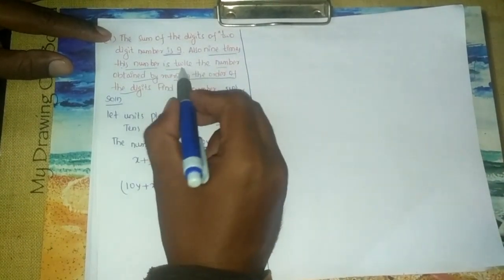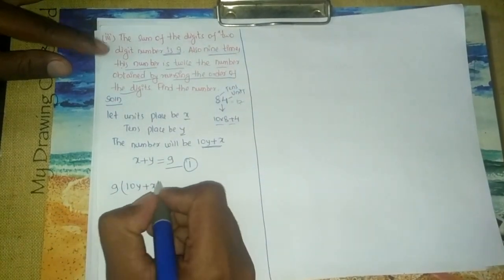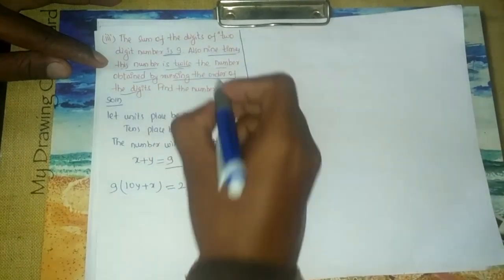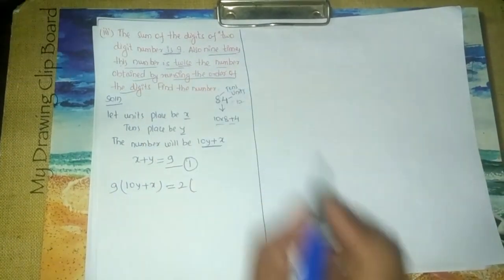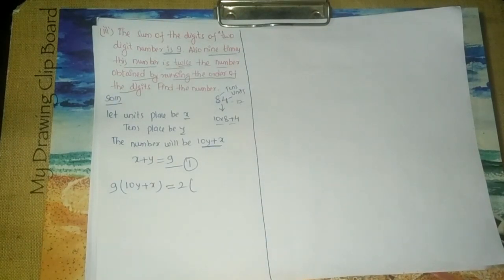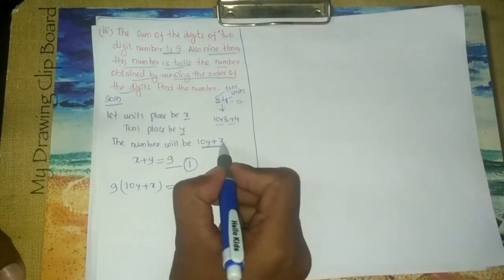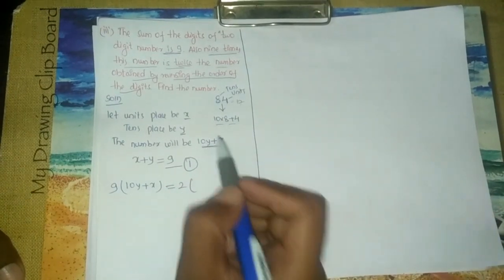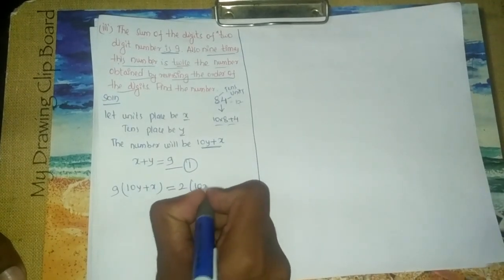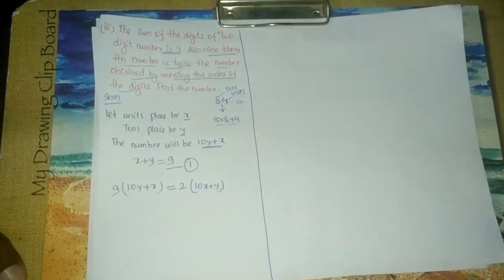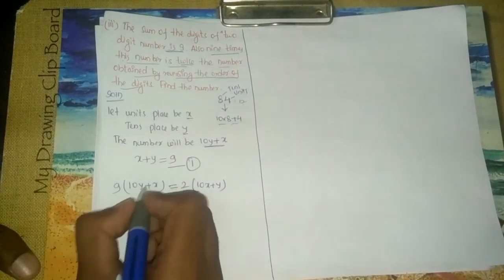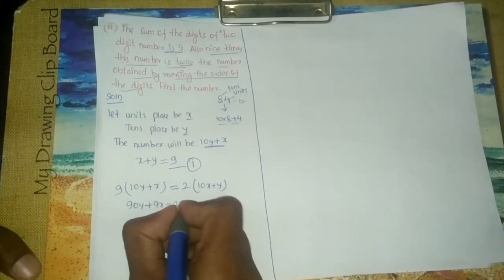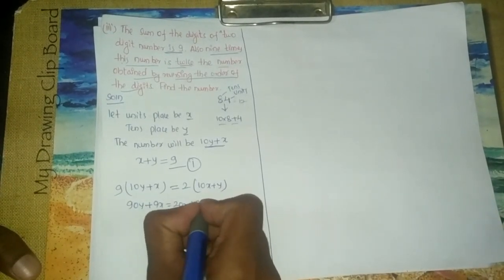9 times of this number is equal to twice the number obtained by reversing the order of the digits. So we have to reverse the order. Reversing the order here is changing the position of x and y. So this will be 10x plus y. So open the bracket, 9(10y plus x) is equal to 2(10x plus y), or